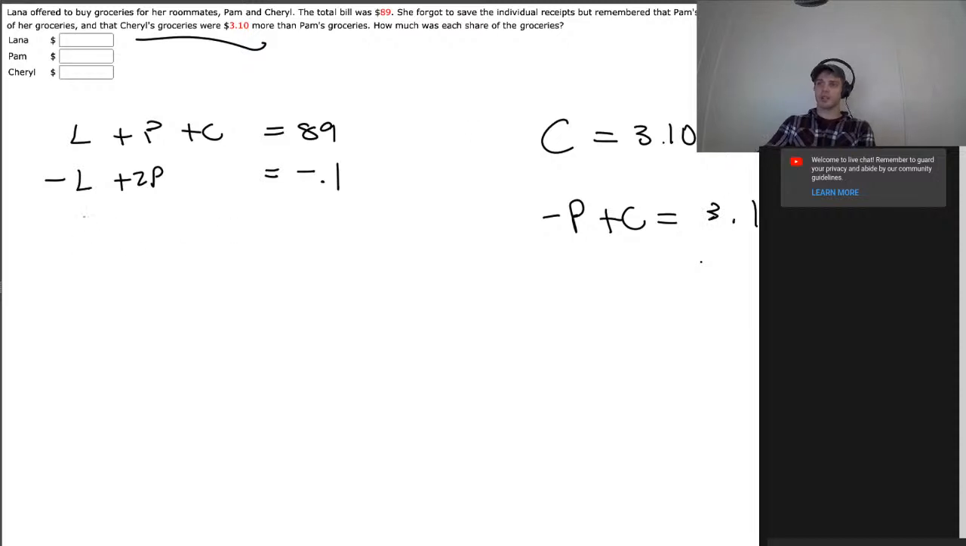Okay, so now I'm able to get this into a matrix format. So this would be negative P plus C equals